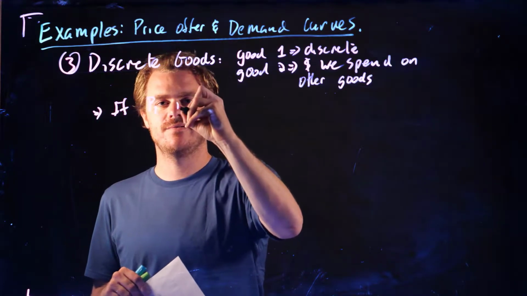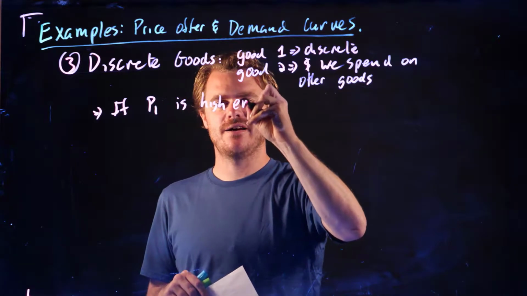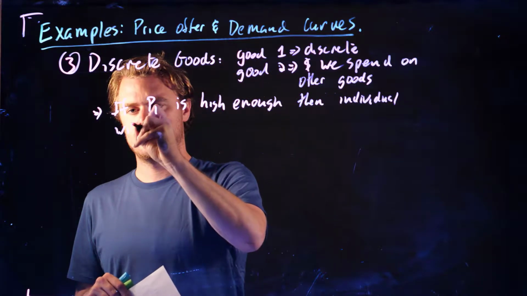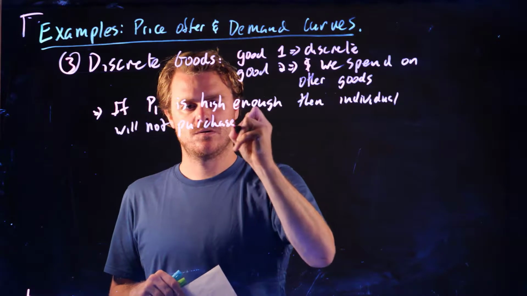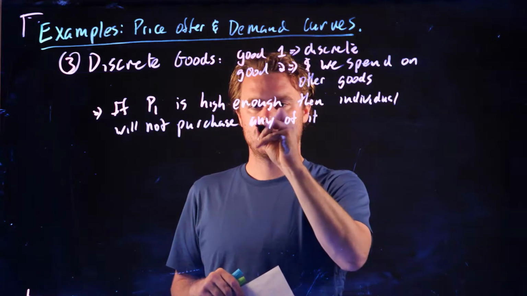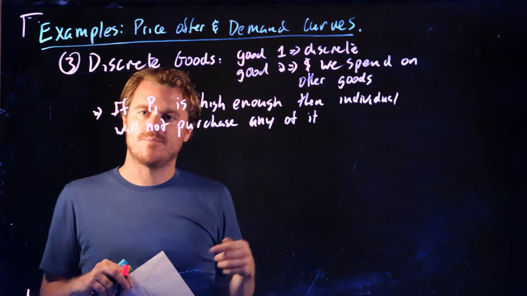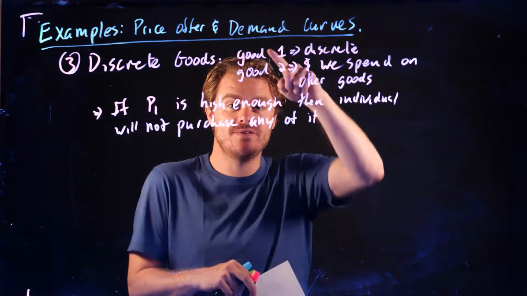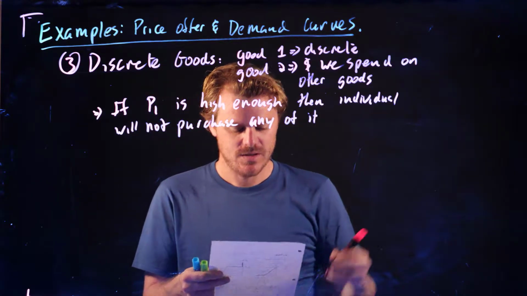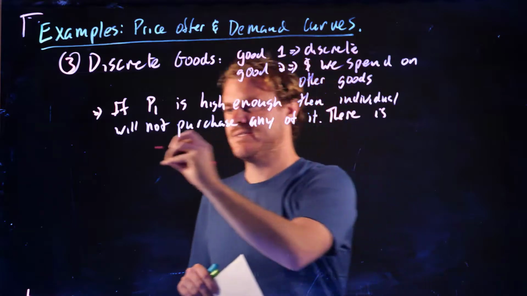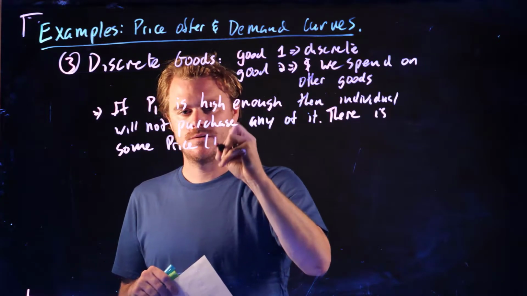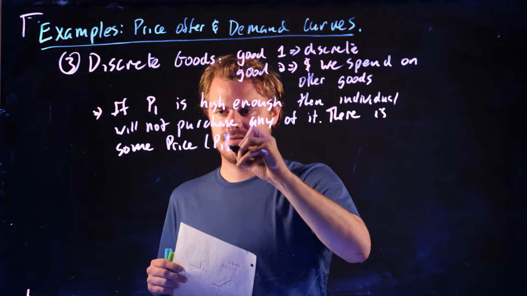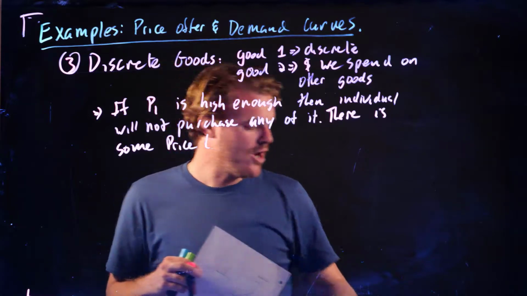So if P1, the price of this discrete good, is high enough, then the individual will not buy any of it. But as we start lowering the price, there's going to be some price where you're just indifferent between buying that first unit of this discrete good or not buying it at all. So there's some P1, and let's call it R1,